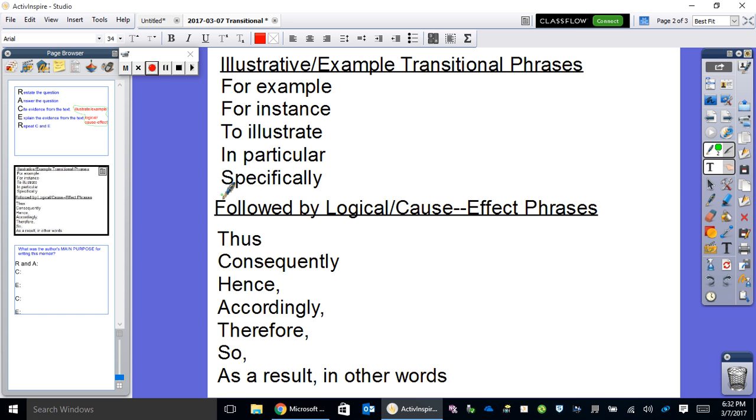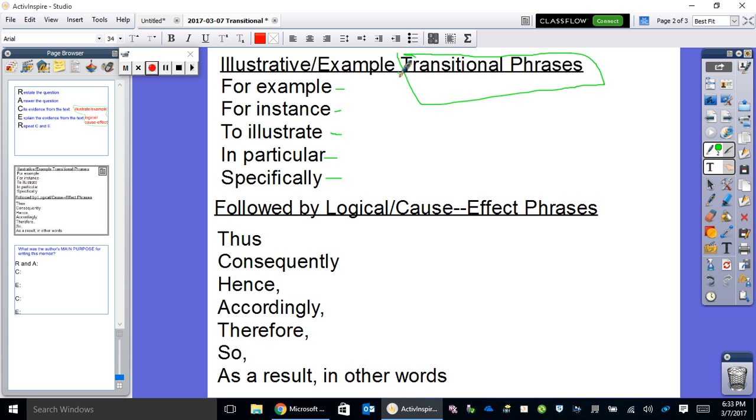But more specifically, how do we do this by using transitional phrases? How do we write effectively? These are some handy tools that we're going to be using in the following weeks. We're going to use illustrative or example transitional phrases like for example, for instance, to illustrate, in particular and specifically. Once we've started a sentence with for example, then we're going to actually write a sentence about something that took